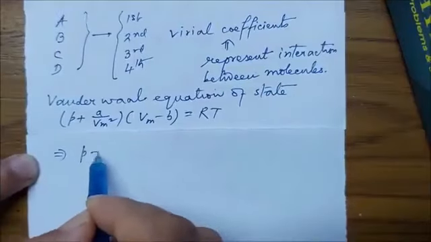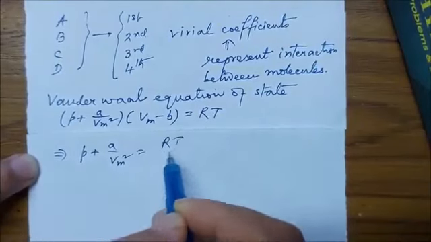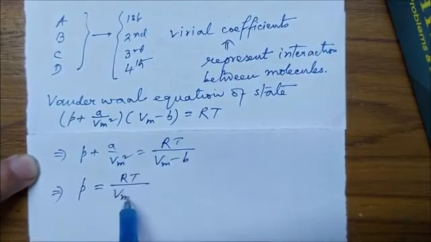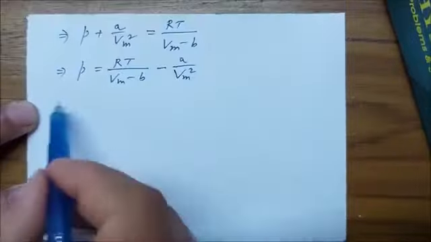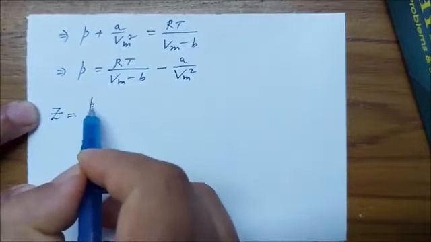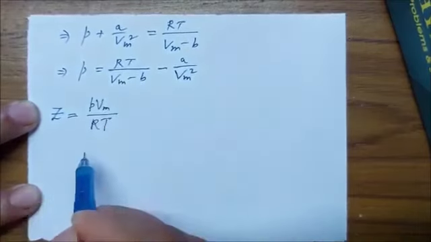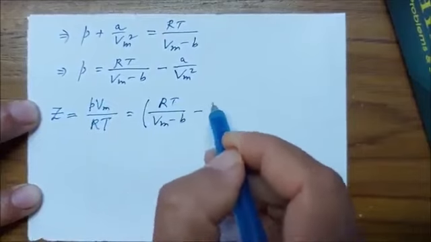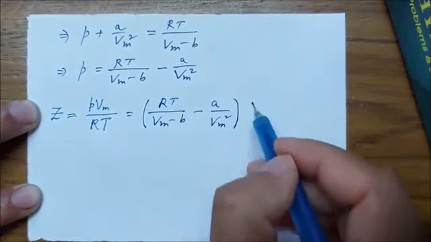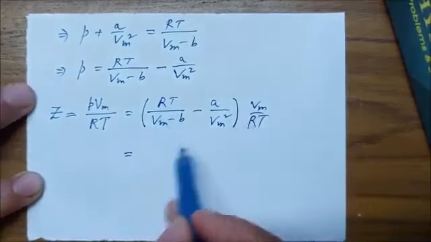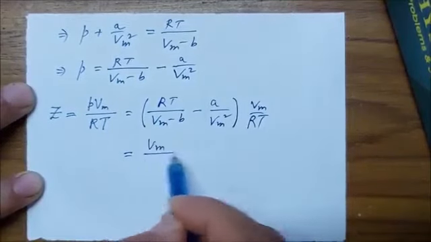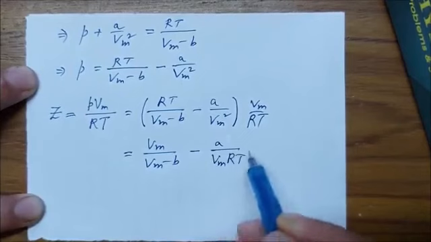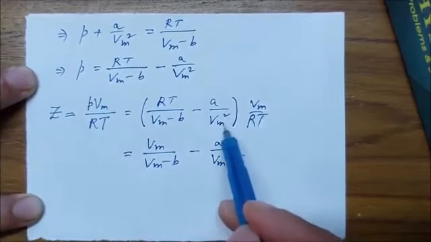This gives us, so P is. Let us now consider the compressibility factor Z, which is the ratio of PVM and RT, and let us put the value of P. RT will cancel out and we are left with Vm by Vm minus B in the first term, and in the second term we have A divided by Vm RT. This Vm will be cancelled by one Vm occurring in the denominator,